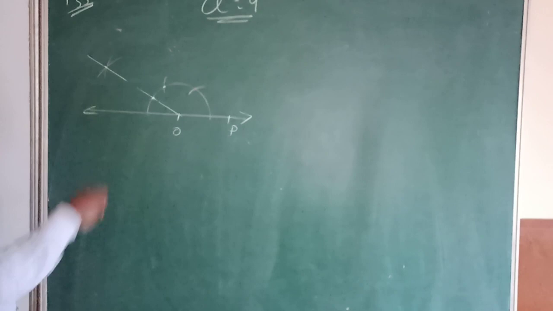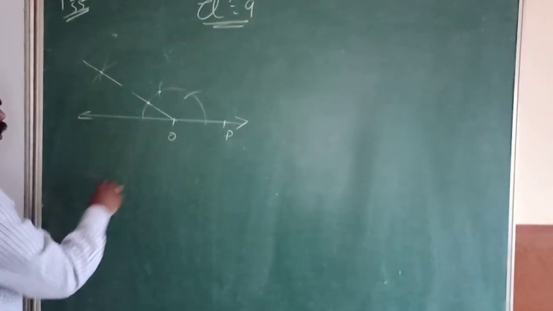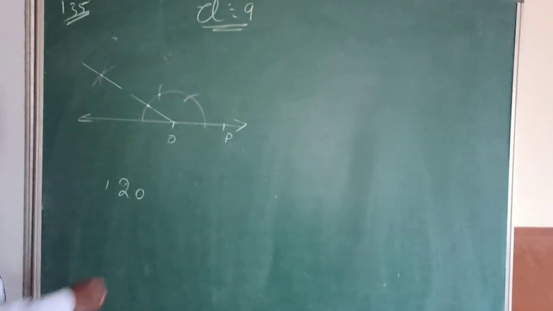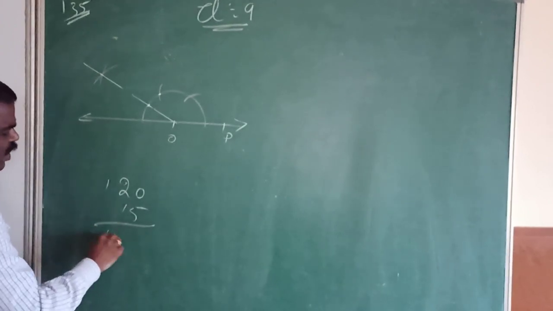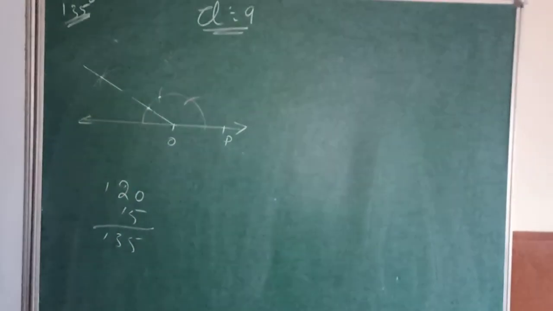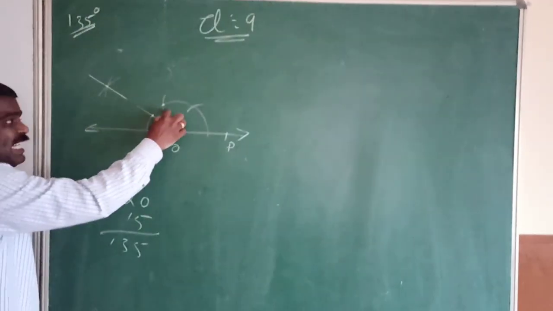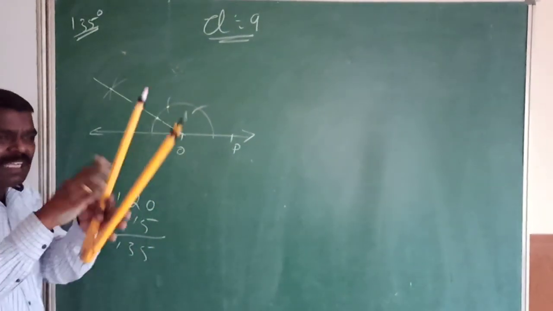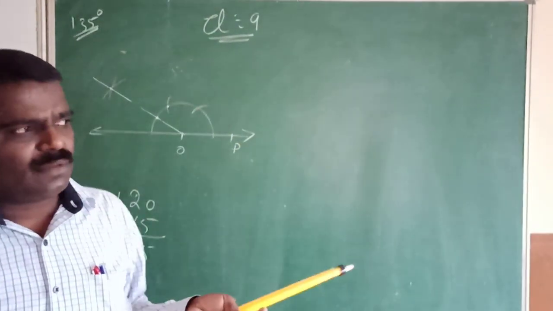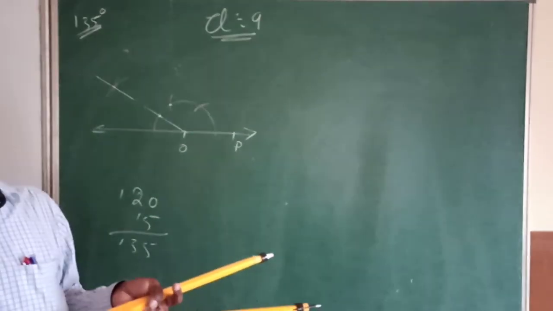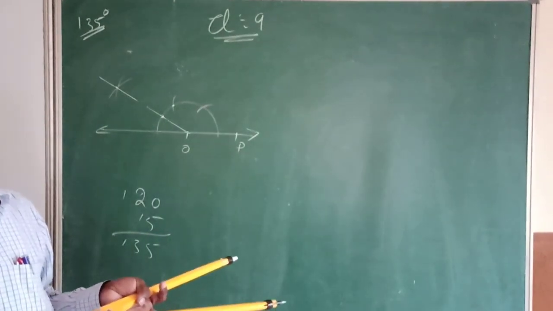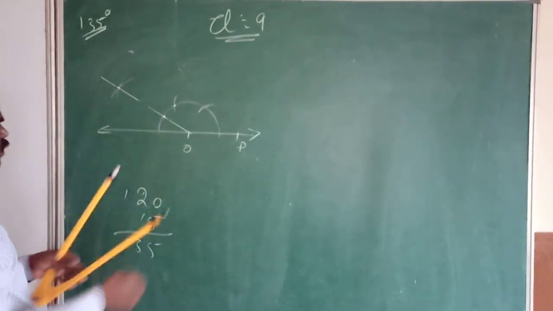30 degrees, right? In order to have 135, we are already at 120. So how many do we need? Another 15. So here 30 degree is hiding. So you split the 30 degree into two equal parts. When you split 30 into two equal parts, how many degrees do you get? Yes, 15 degree. So that will be 135, right?